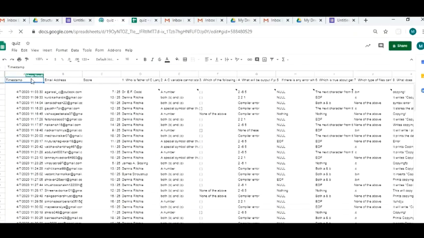The sheet will also record the timestamp, the email addresses, the score of the student, and each answer that the student has check marked. Now this email address was the email address of the student which I was collecting in the form, but this form does not have first name, last name, roll number.